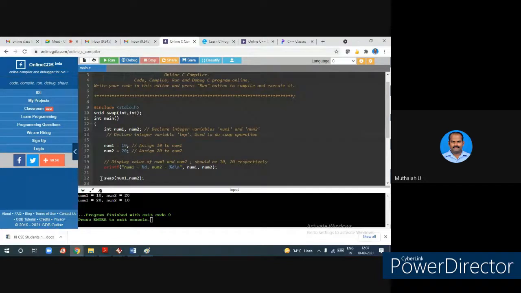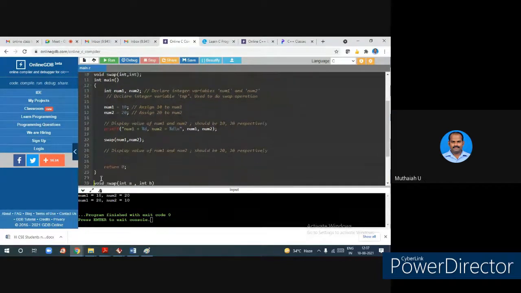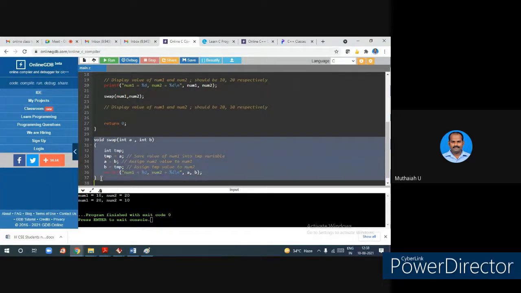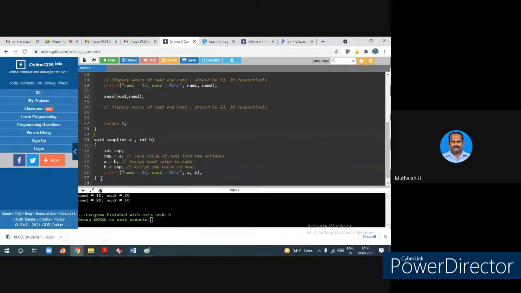So the function is also modular programming. You might have heard this concept, modular programming. Modular programming means what? This is a separate module. Like this, you can write separate modules. In modular programming, a larger program is divided into small modules. That is called modular programming. Because a larger program is not very easy to understand or debug, that is why I wrote this function separately.